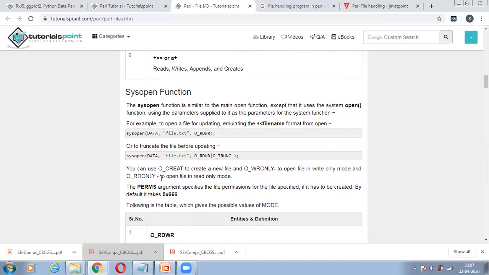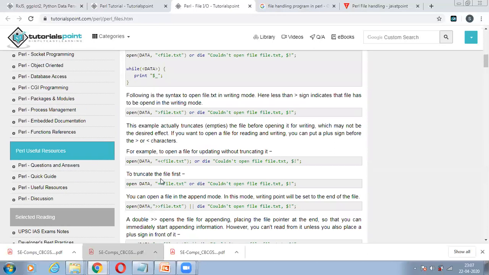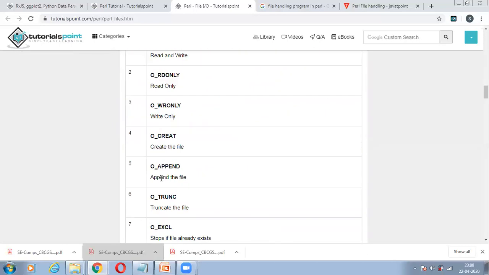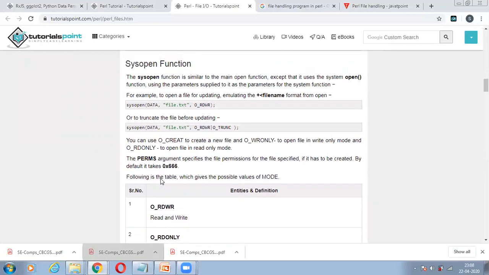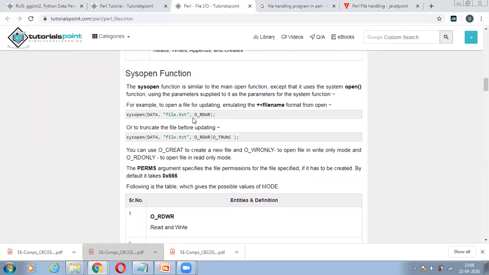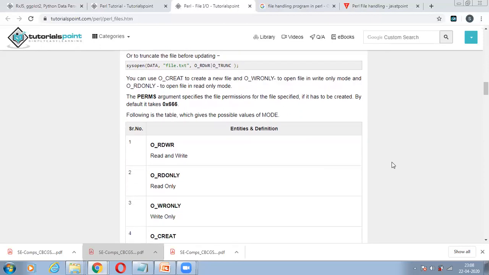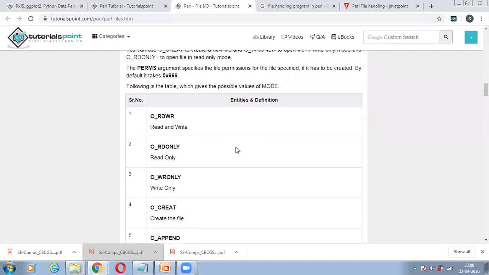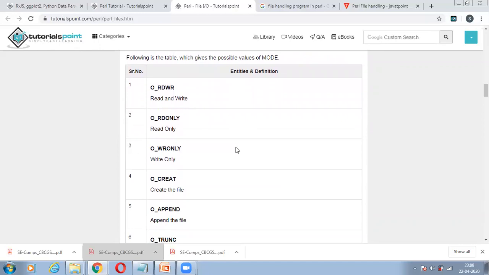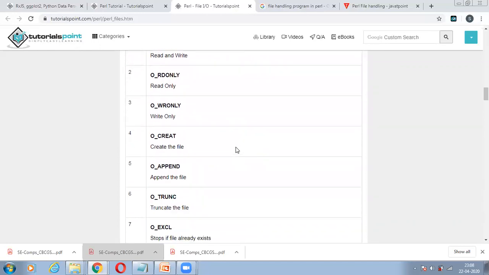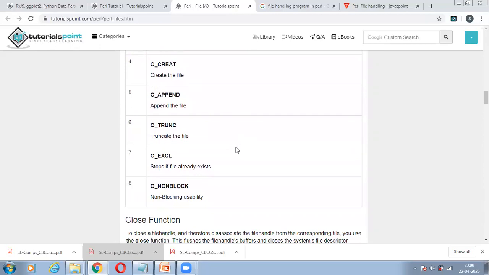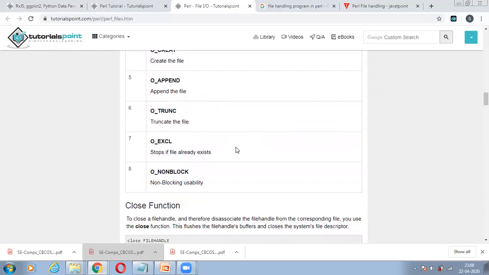Now, moving ahead, if a file is there, what kind of command is required? System open, so you need to open that file. System open, the name of the file, and after that the operation you wish to perform. Whether you want to read and write in this program or truncate a file, you need these options. The basic modes are read and write, read only, open and write only, open and create only, open and append, open and truncate, and open and check if the file already exists. These are the basic commands.